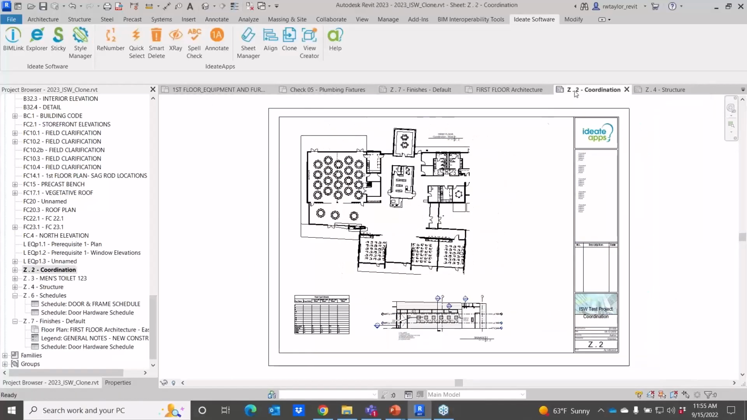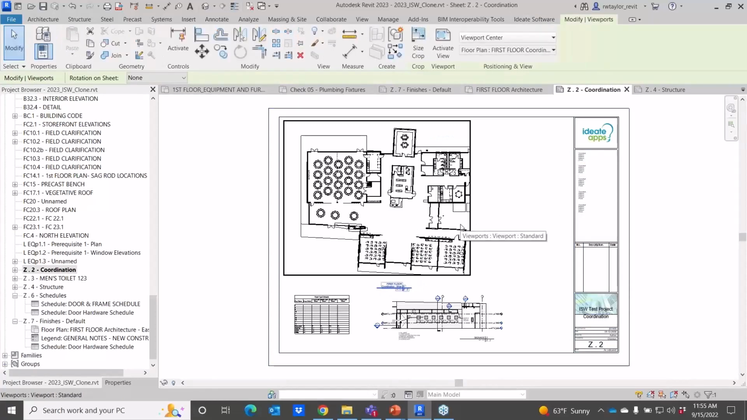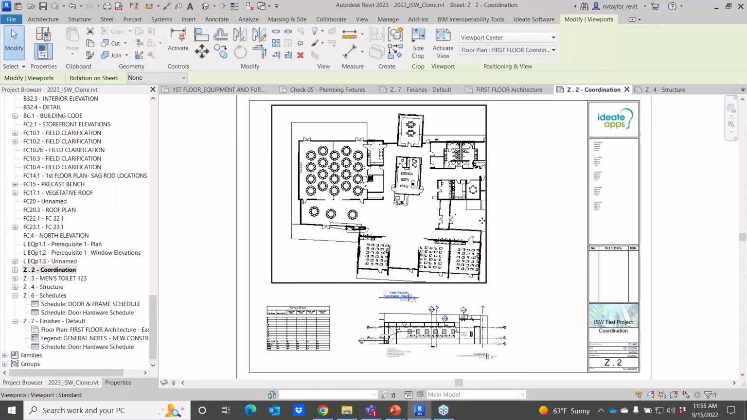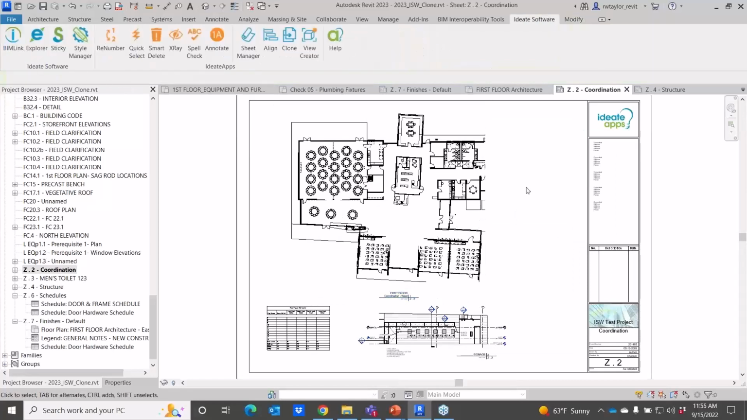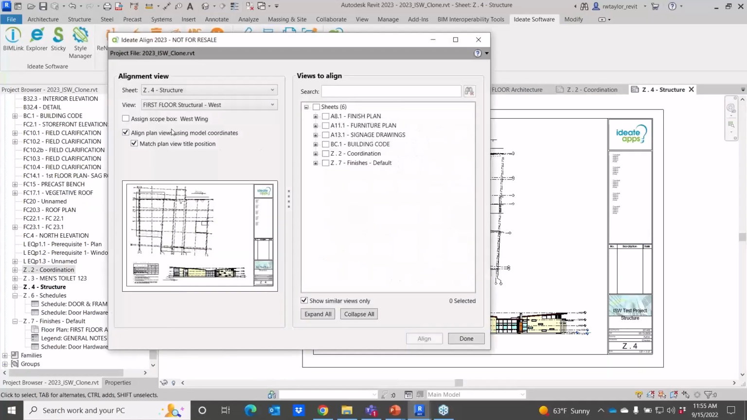Another fairly new feature is if I take the view title, I'm going to move the view title down to, let's say, centered underneath the view itself. And I'm going to use the arrow keys to just slightly move the plan over to the right a bit. So now those two plans are not in alignment anymore, right? Because I didn't do that for the structure. But I can now select Align, and I'm going to select the alignment view to be my coordination,